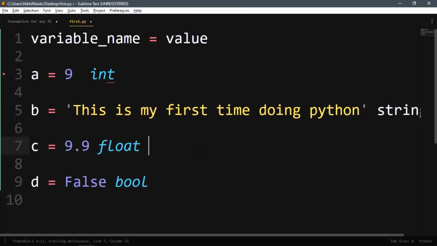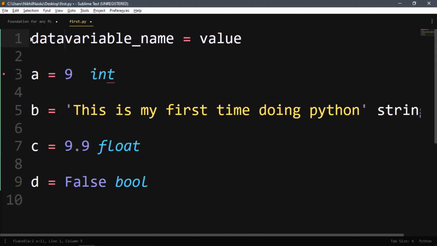So these are different data types. But in Python, you don't declare variables with data types. If you would have used any other language, let's take Java as example, the convention would change like this.